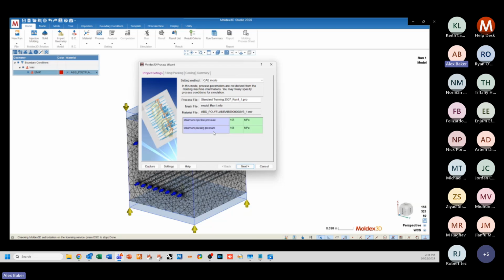All right, the processing methodology in Moldex3D is split into pretty much two camps. We have the CAE mode, and then we have machine mode. Now, machine mode is split into two sections, which is machine mode 1 and 2. We pretty much always use machine mode 1. It's pretty rare that we use machine mode 2. All right, so I'm going to start over in CAE mode, and then we'll move to machine mode 1 in